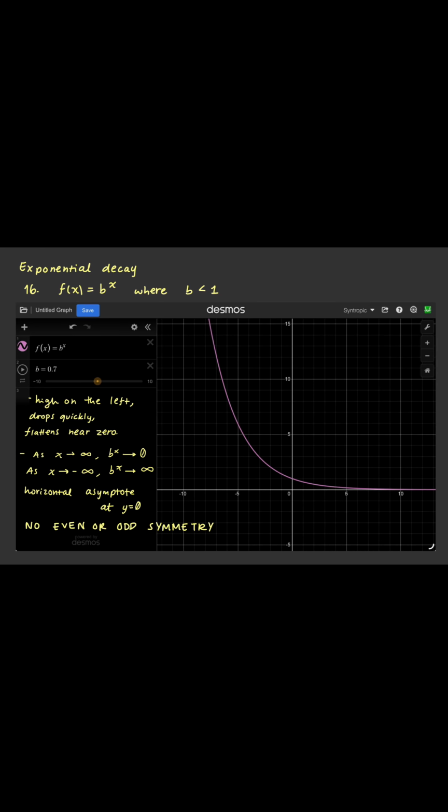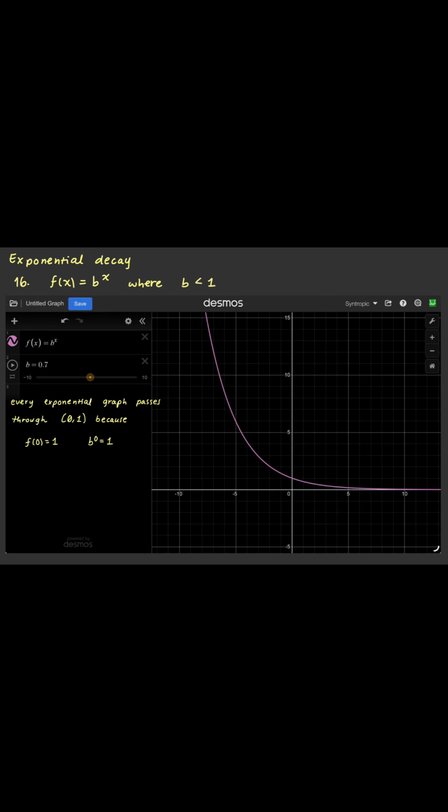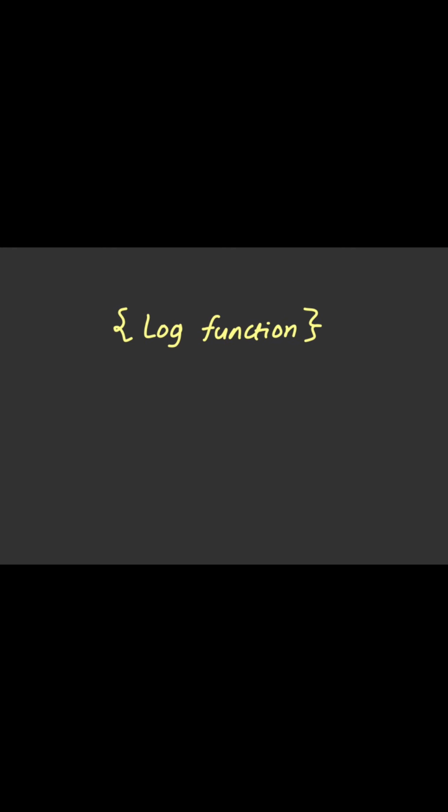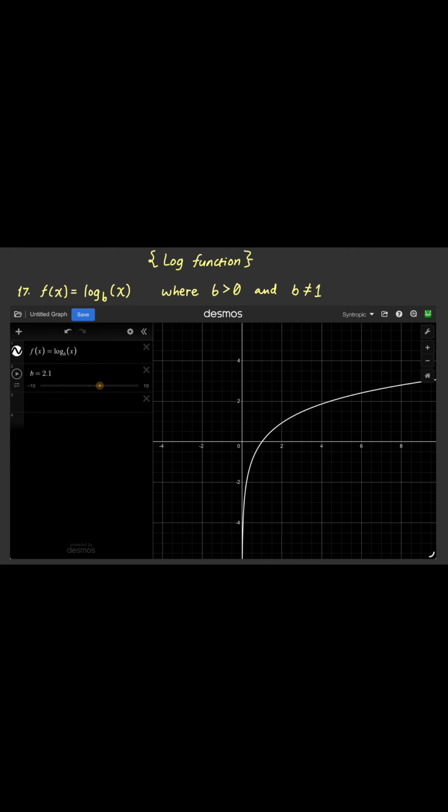There is no even or odd symmetry here, and also note that every exponential graph passes through the point x equals 0 and y equals 1, because f of 0 equals 1 since b raised to the power of 0 is 1. Now let's move on to the log function, where f of x equals log b of x, where